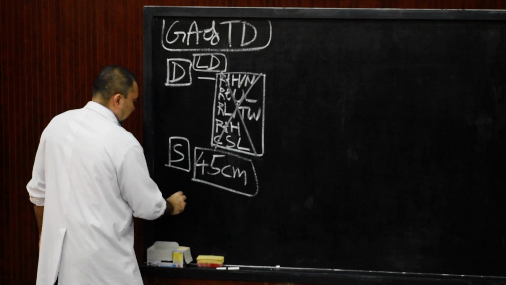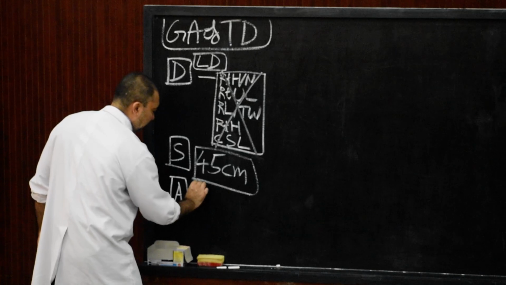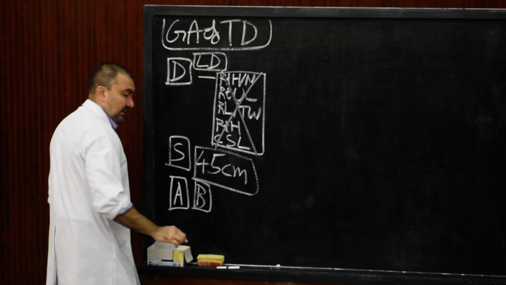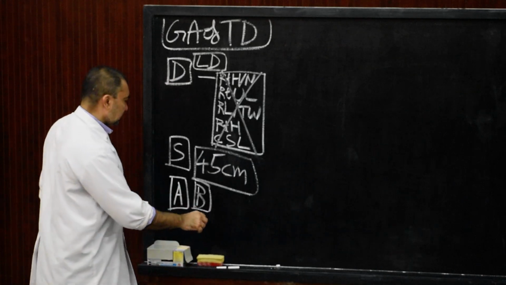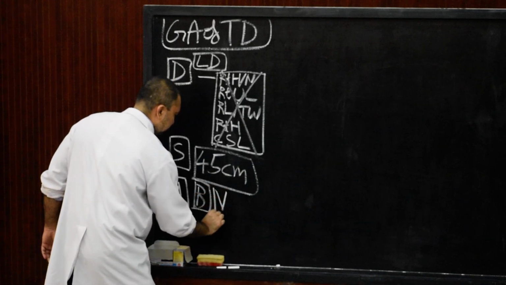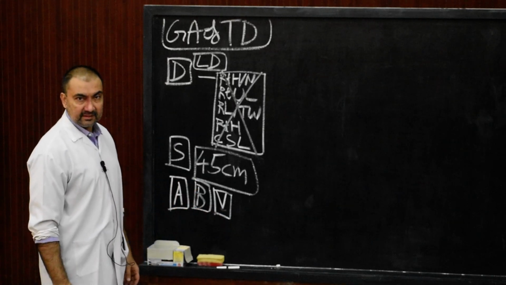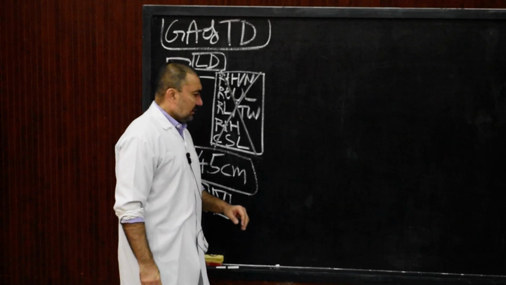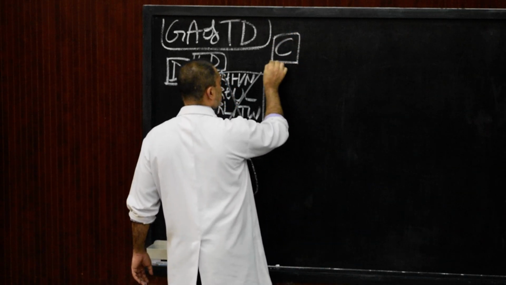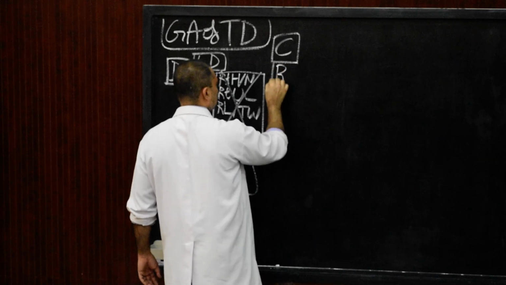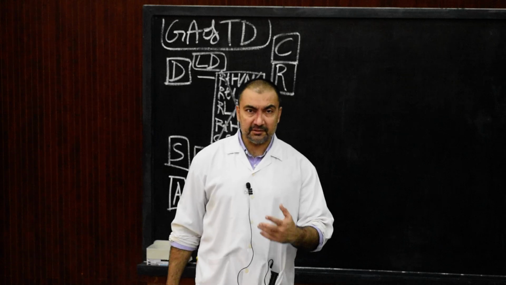Now, what will be the appearance? The appearance is beaded because it is provided with so many valves. The presence of various valves gives the thoracic duct a beaded appearance. Now we come to the course. In the entire course, we will discuss the relations also. So along with the course, we will discuss the relations.